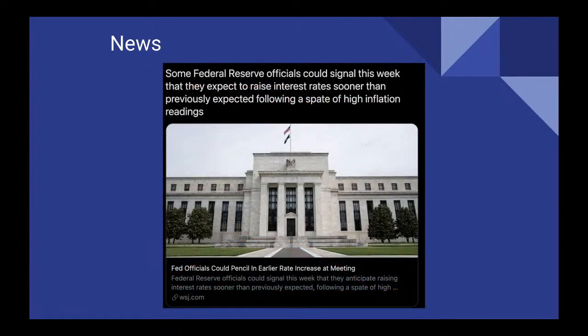Okay. So Federal Reserve officials could signal this week that they expect to raise the interest rate sooner than previously expected, following a spate of high inflation readings. As I mentioned, I can show you the data later, but we can see the inflation trend. To cool down this inflation, they may have to trigger the taper. That means they may have to change the short-term interest rate,